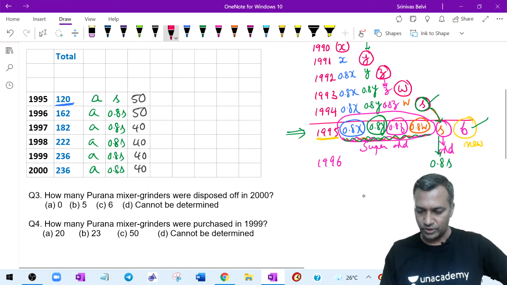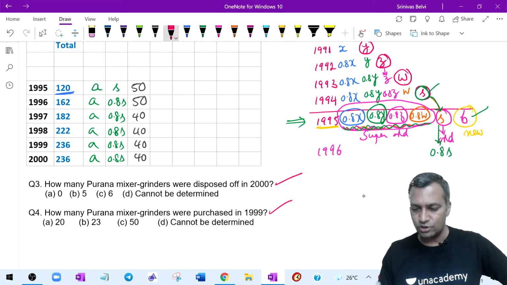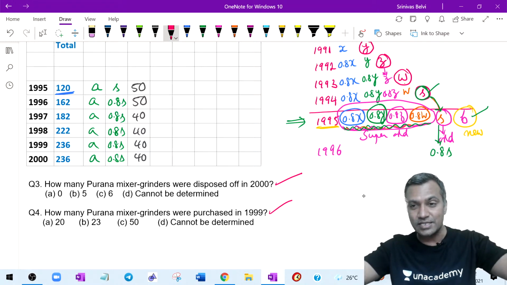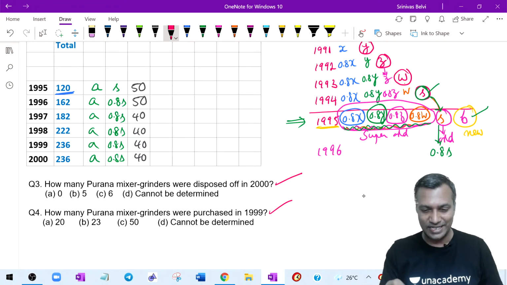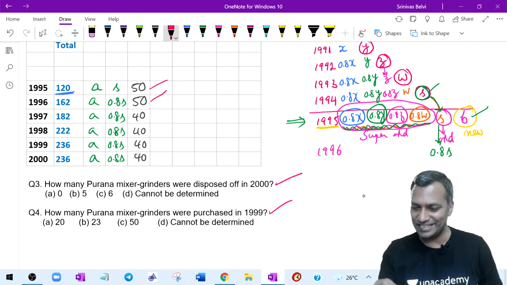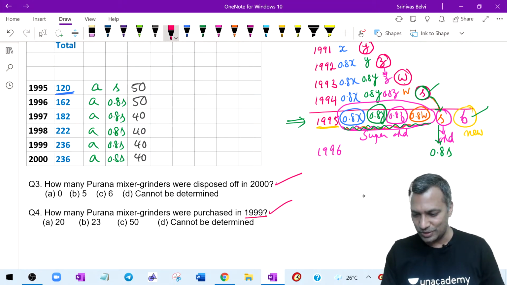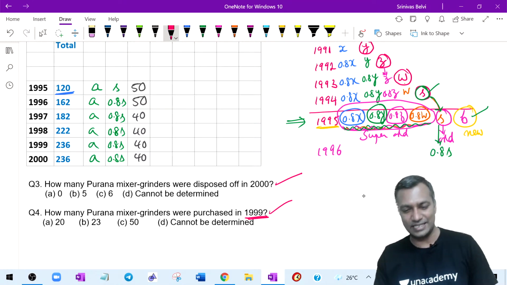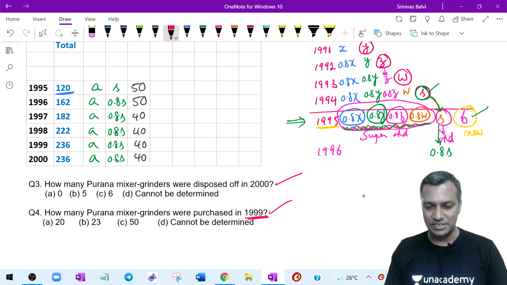Fair enough. Now let's come to this. So where should I reach? 1999 and 2000 you should reach. We should keep the end in sight. Is the author interested in any of the data that we are writing for 1996? No. He says, you go to 1999 and tell me what is the data there. All right, I will tell him, no problems.